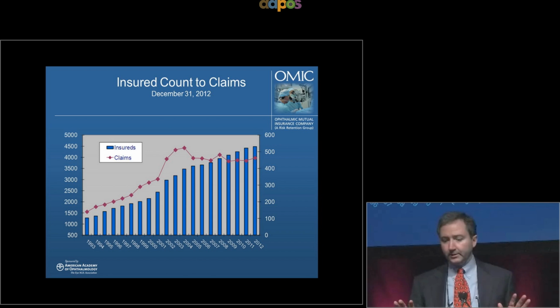And so again, when you're seeing the data, this is highlighted on this slide here, you would expect claims to go up with time as the company gets bigger. And this slide shows that. The blue bars are the number of insureds, and you would expect if there was a perfect correlation between insureds and claims, that red line, which is the number of claims, would directly follow the blue bars up. You can see it does approximately, but in the early 2000s there was a spike in claims, more frequency, we say, during those years. That has fortunately tapered off a little bit in the last few years.